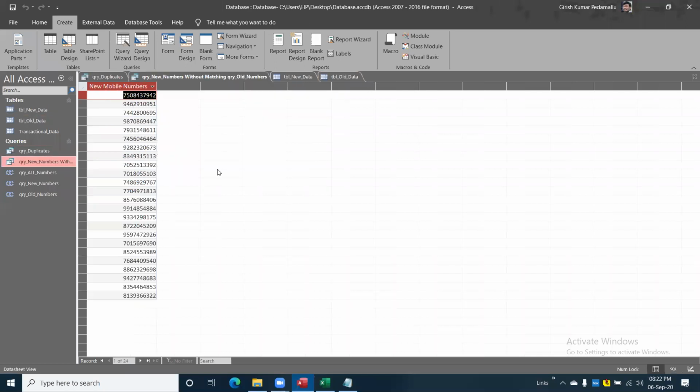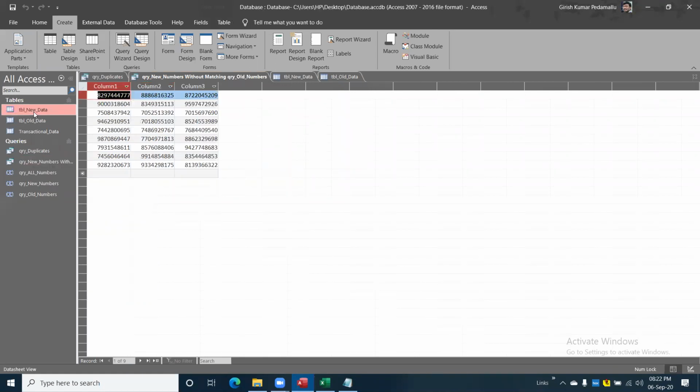Okay. So suppose it is a daily task, right? Daily numbers get updated, and it's a daily task. So what process do I need to follow? Should I again create a new table and then run the query? Not required. You can just update the data over here, right? Append the data. Here you can delete the records, and you can append it.